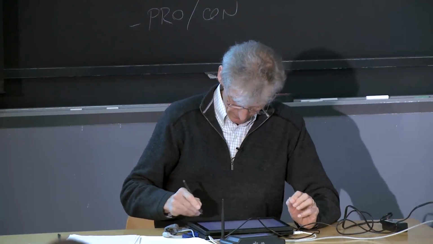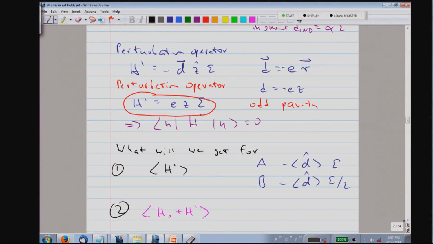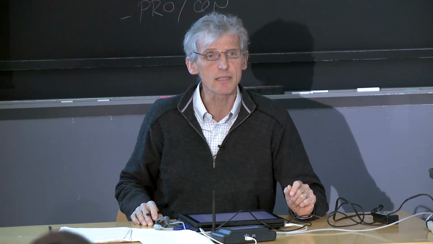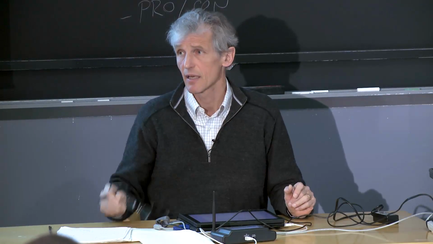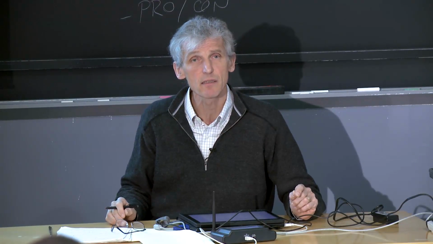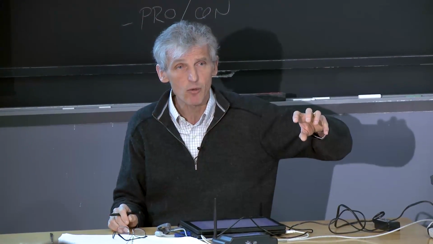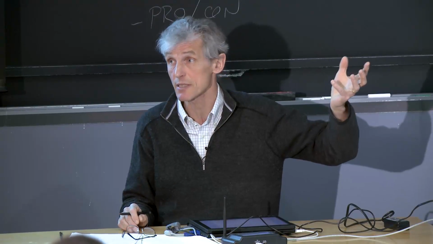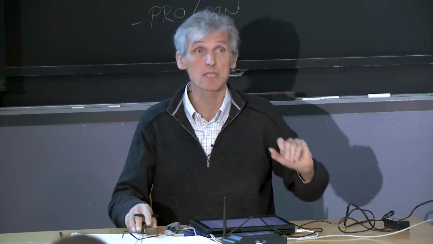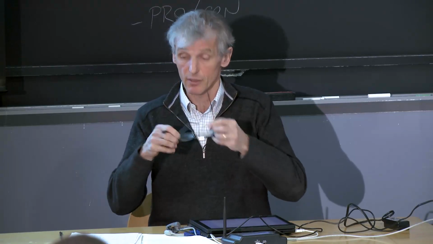So therefore, the electrostatic energy H prime is the operator of the electrostatic energy. The answer here is A, but the total energy is B, because part of the energy is needed to stretch the spring. And as I want to show you, stretching the spring is, we admix to the ground state some excited state. This costs energy, like stretching the spring costs energy. And this is responsible for the factor which is exactly one half.